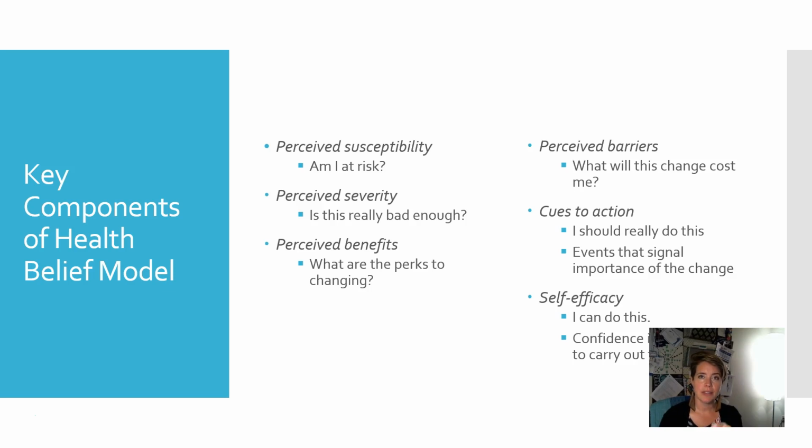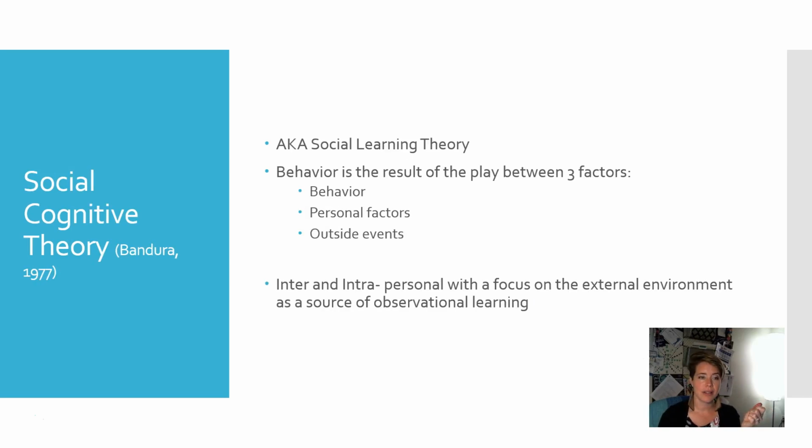And you come to this idea of you can or you can't by weighing your perceived susceptibility, your perceived severity, perceived benefits, perceived barriers, and what motivates you to even think about it, right? So maybe I go and get a mammogram because my best friend has a lump and I think, oh, okay, this is really close to me, maybe I should do this. And here are the barriers and here are the benefits, and I'm a little scared of the machine, but it could be life-saving, right? Oh, and I have health insurance that allows me to do this, and I'm over 40, so I can do this for free. That's the kind of process people go through, and sometimes that process takes a long time. Sometimes it's lickety-split.